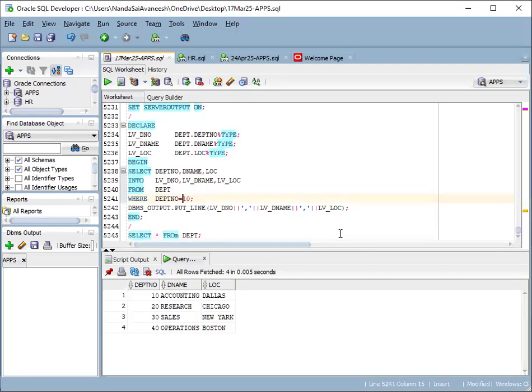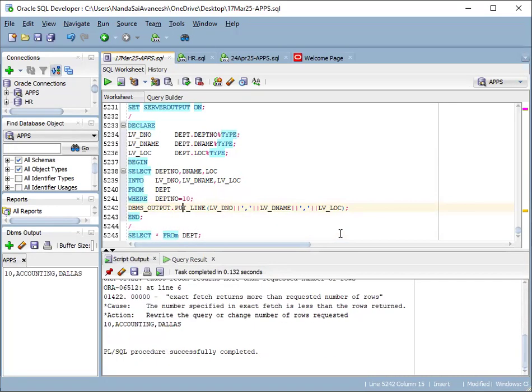So we have to provide a where clause condition so that only one record comes at a time. So when you use where department number is equal to 10, it gives this output: 10 accounting dollars. Suppose you give department number 20, then it is giving